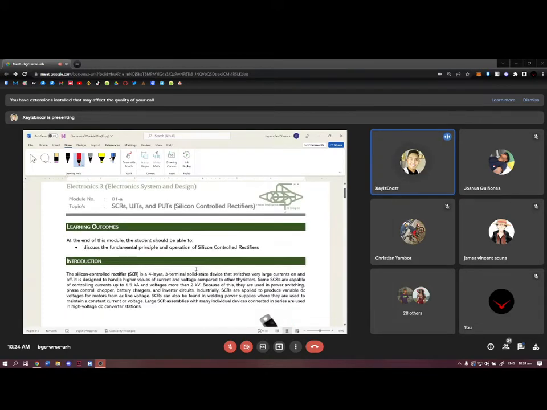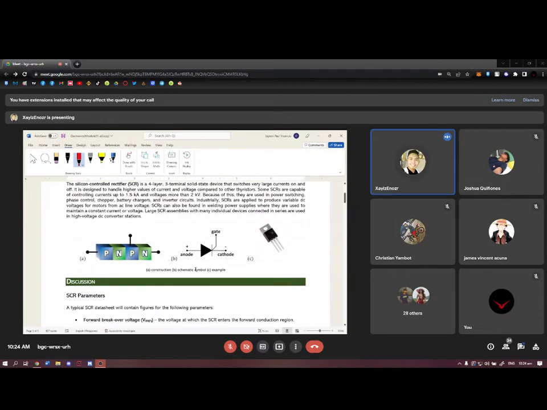So ano nga ba yung SCR? So SCR or Silicon Control Rectifier is a 4-layer, 3-terminal solid-state device that switches very large currents on and off. It is designed to handle higher values of current and voltage compared to other thyristors. Some SCRs are capable of controlling currents up to 1.5 kiloamperes and voltages more than 2 kilovolts. Because of this, they are used in power switching,